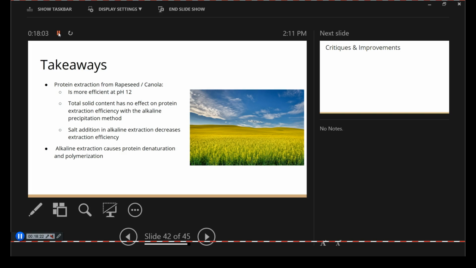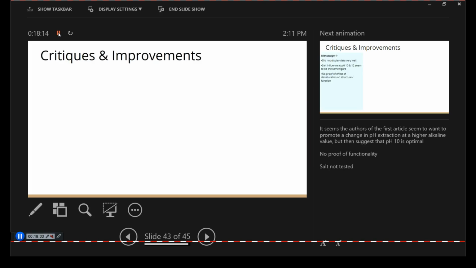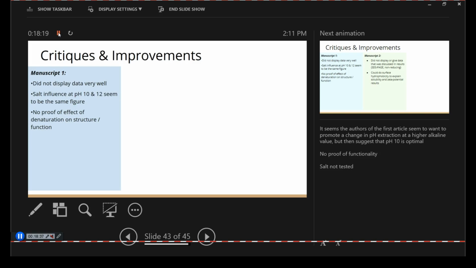The salt addition and alkaline extraction did decrease the extraction efficiency, and furthermore, the alkaline extraction causes protein denaturation and polymerization. Some critiques and improvements that we have about these manuscripts, starting with the first manuscript, is that they did not display their data very well for their discussion to understand what their conclusions were, and their salt influence on pH 10 and 12 seemed to be the same figure, as well as there's no proof or effect of denaturation